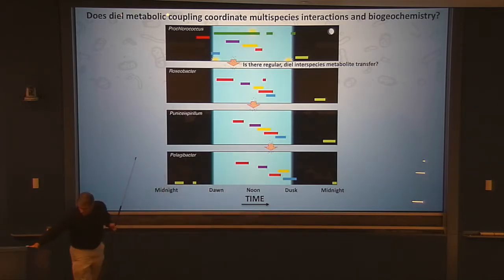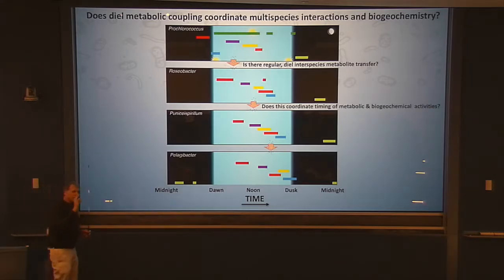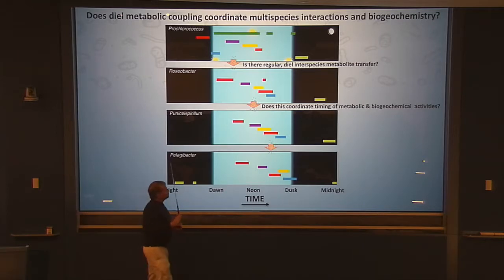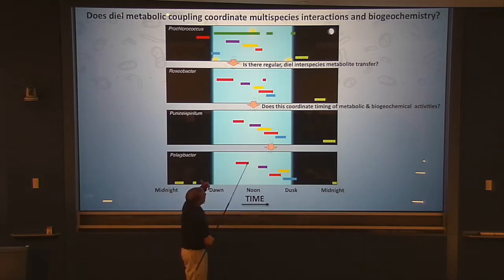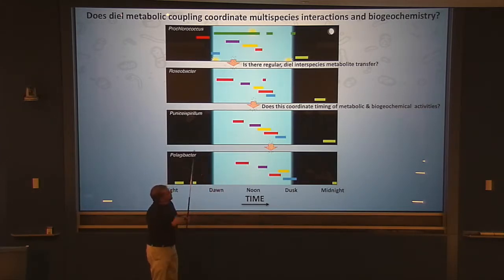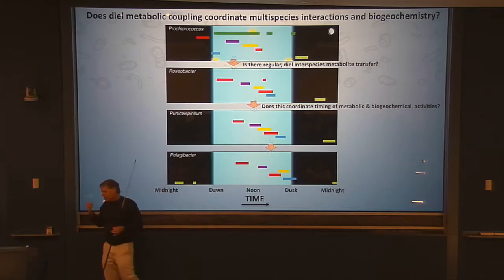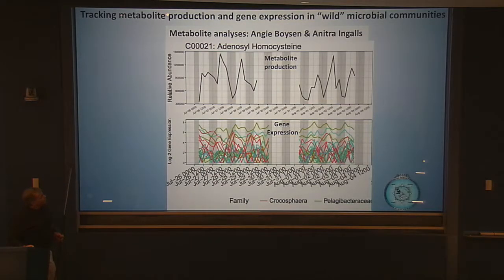So we're thinking about those questions, and with our colleagues, trying to understand if this may be true, using a number of different types of experiments that I'll talk about in a second. And our hypothesis is that this transfer of materials could potentially coordinate the activities in metabolic cycling between these different groups of microorganisms. Now, this is data pretty hot off the press from one of my colleagues in SCOPE,